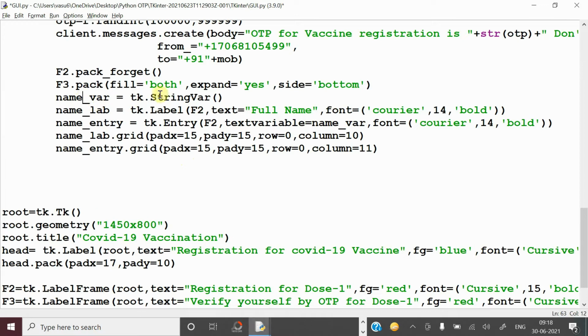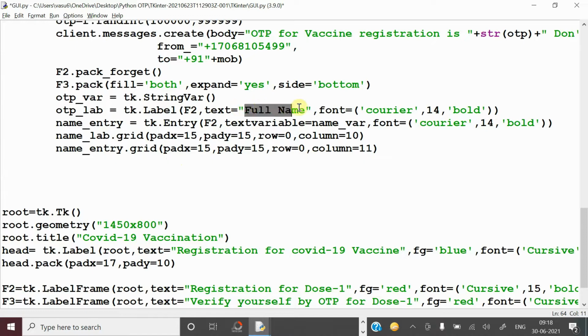Here you have to keep the OTP variable, OTP. In that variable, whatever the user entered will be stored. Now the OTP label: the message should be, enter OTP here.